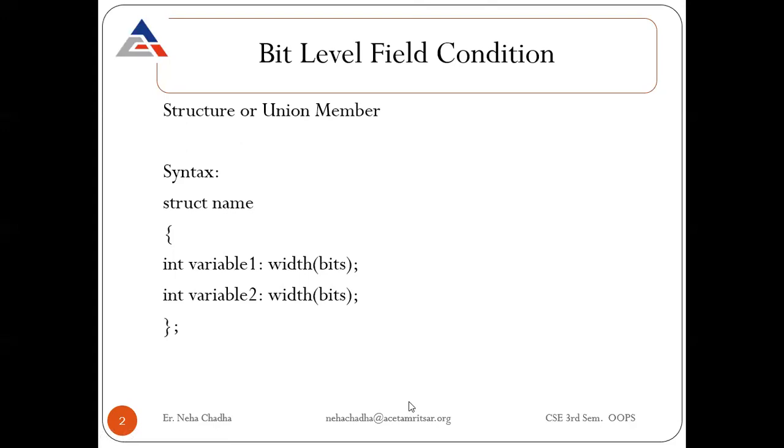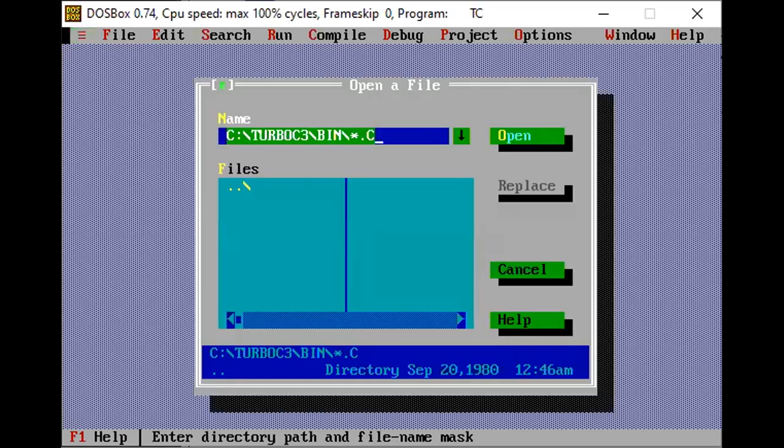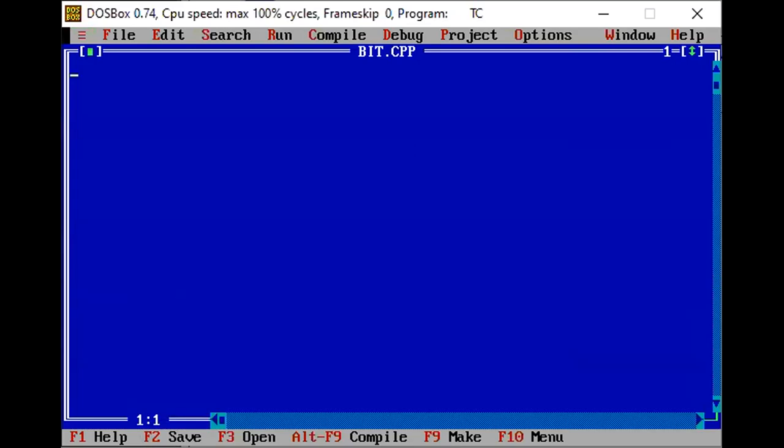By going with an example in the implementation, firstly you have to write down the simple header files. Then your structure.